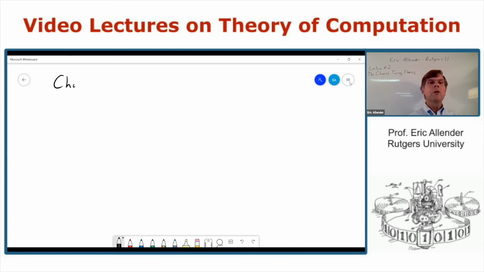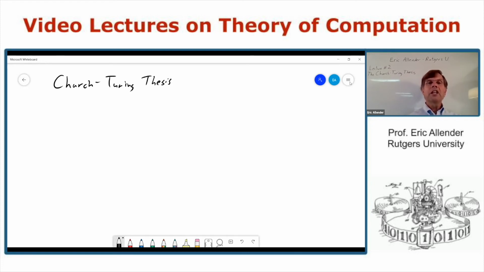And so this came to be known as the Church-Turing thesis, which is the belief that if you've got something that intuitively is computable, then you can write a program for it. And nobody who's inventing a new programming language, I believe, really thinks, okay, here's something that we can do with this programming language that was completely impossible before. Maybe they think it's more convenient in the new language, but nobody is really thinking that you can do something wildly new. And that's because they subscribe to the Church-Turing thesis.